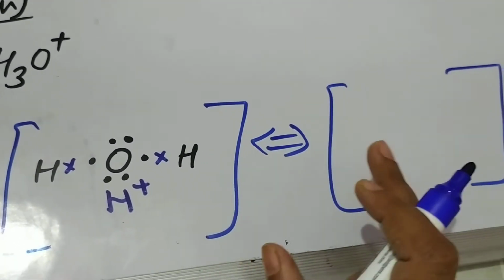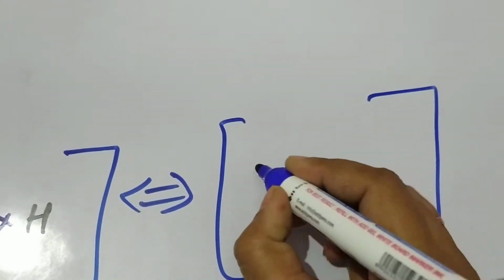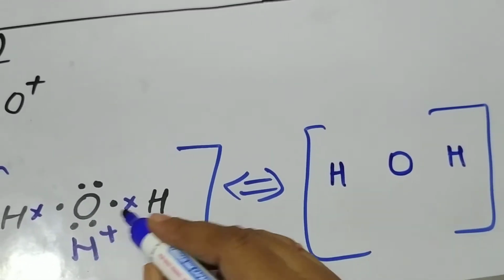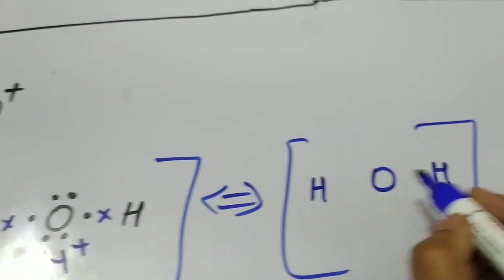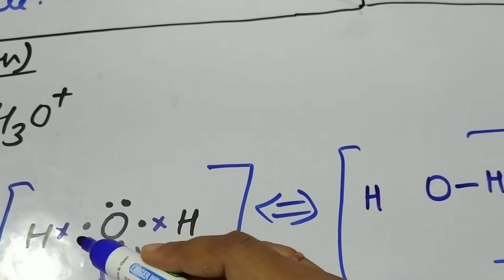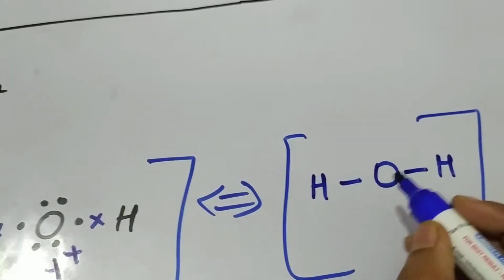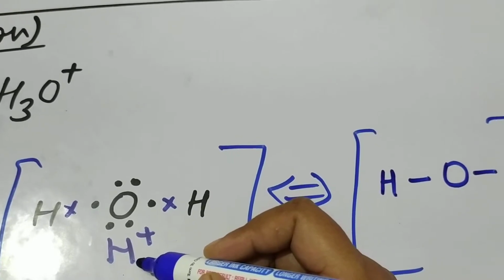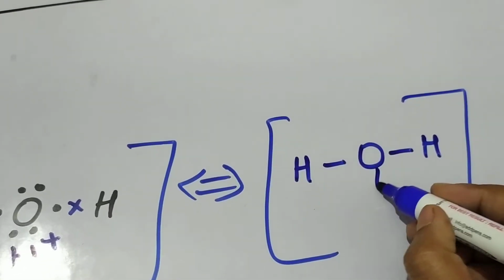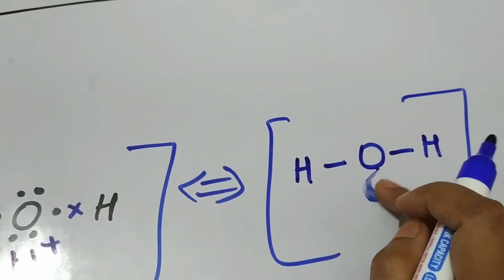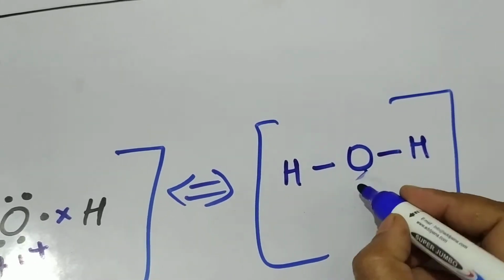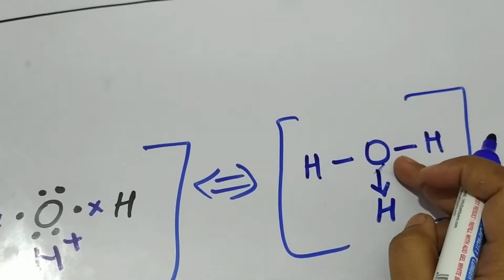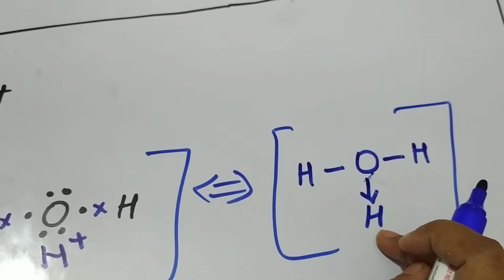Now we'll draw the bond structure of this compound. We'll write here H, O, H. Now in H-O, as there is one shared pair of electrons, I will draw one bond here. Again here one shared pair of electrons, so one bond here. And here there is a coordinate bond, where both the electrons are given to the other atom or ion. So this is depicted by an arrow. The coordinate bond is always depicted by an arrow. So we'll put an arrow and write another H here. It means that both the electrons of the oxygen are given to this hydrogen atom.